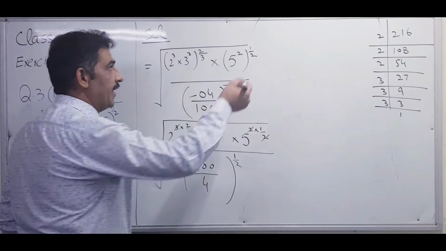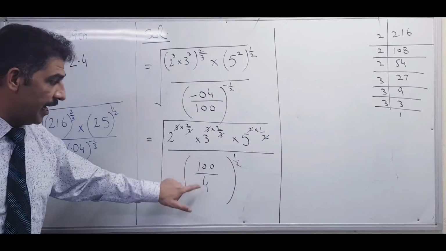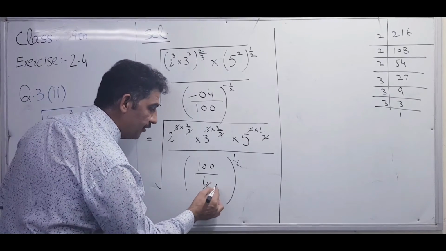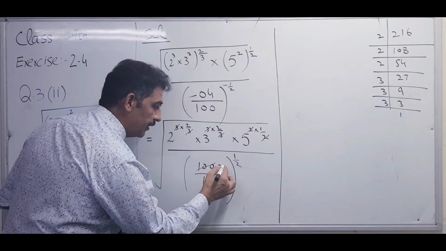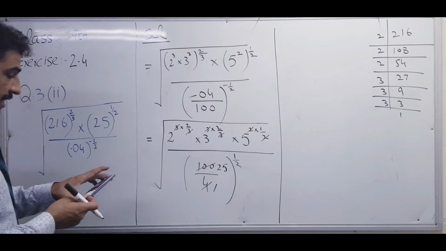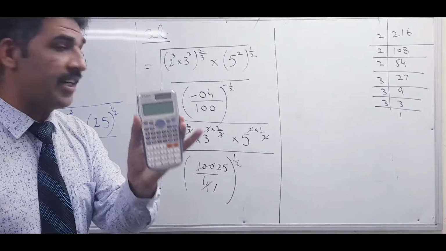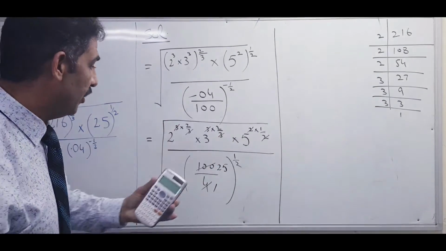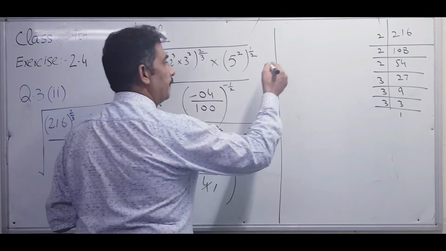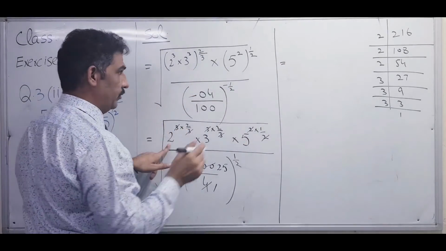So what is remaining here? We can solve it here. One more simplification is here. Is it possible to cancel both? Yes. 4 ones are 4 and 25. If you are confused about how to cancel that, I already told you to use this calculator, the FX991ES Plus. This calculator has the function to solve fractions and roots directly. After simplification, what remains here? Exponent 2.